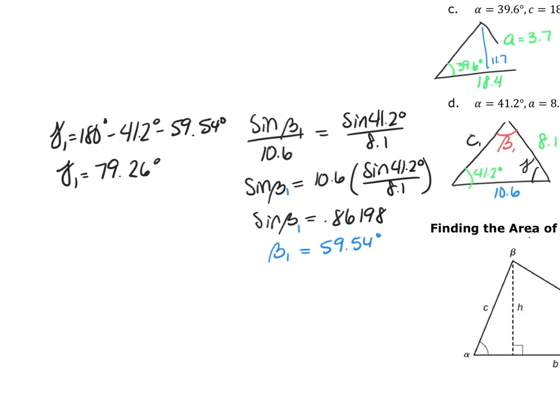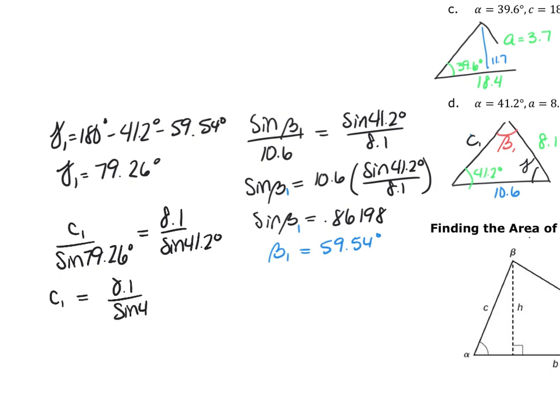I'm going to put C sub 1 in the numerator, and I'm going to have the sine of 79.26 degrees, and this is going to be equal to my 8.1 divided by the sine of the 41.2 degrees. So C sub 1 is going to be 8.1 divided by the sine of 41.2 multiplied by the sine of